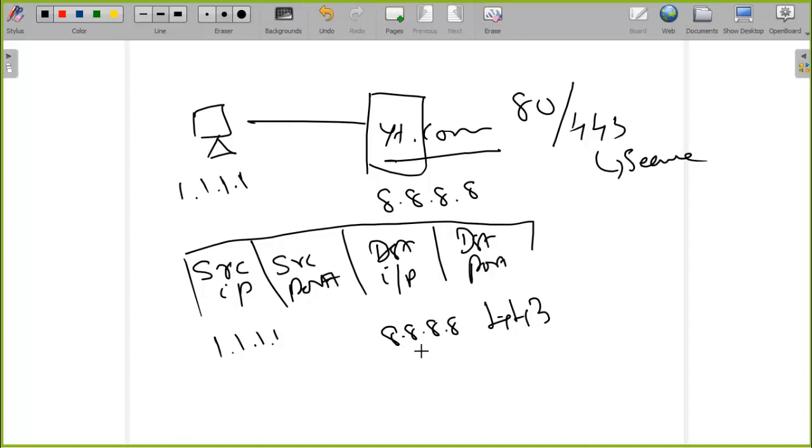Now we have filled the table partially. What about the source port? This source port is going to be some private port or dynamic port, which means the third category of ports. It could be anything from 49,152 to 65,535. In fact, these port numbers are selected totally in a random fashion. So let us assume that it is going to use port number 50,000, which is in this category. This information along with the HTTP request will be sent to youtube.com.